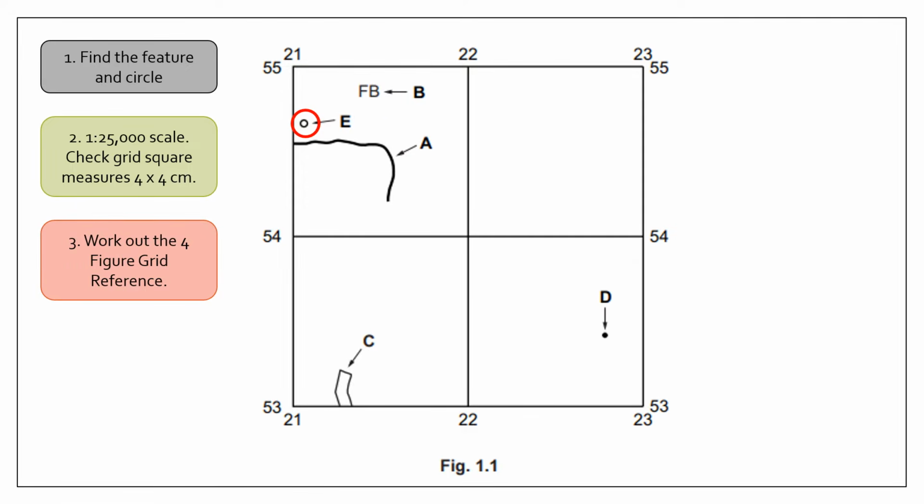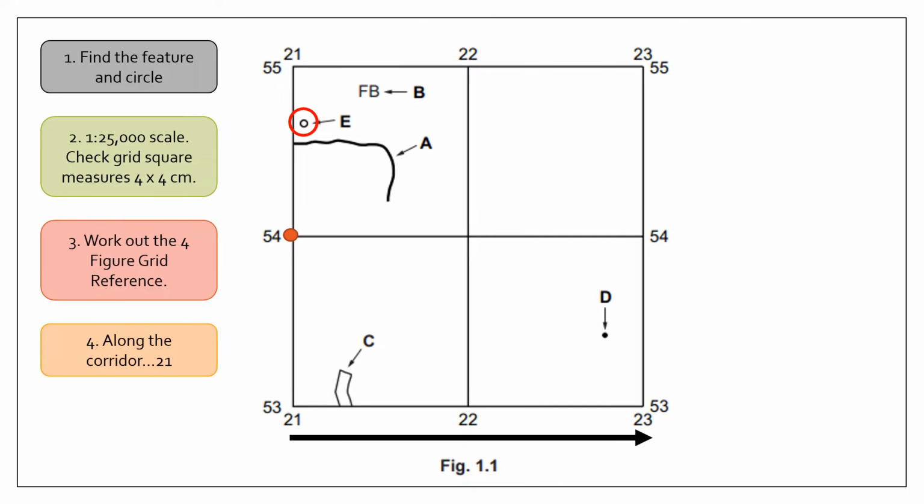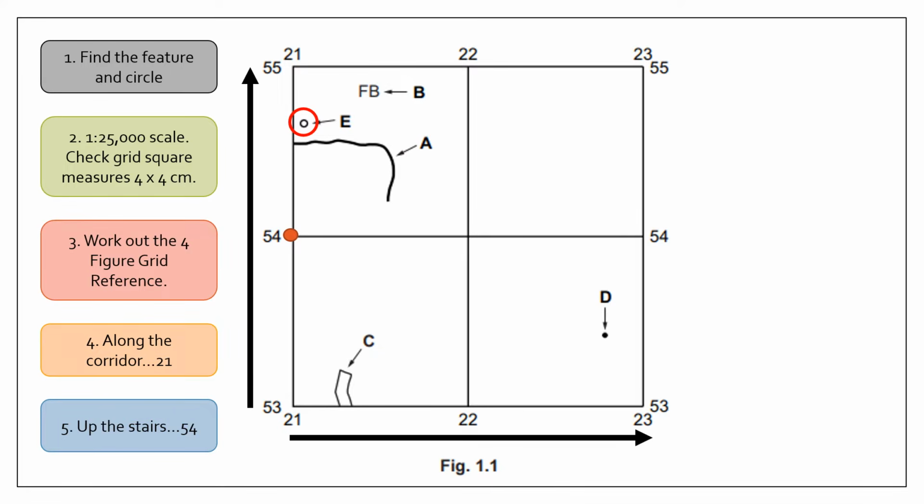We first of all work out the 4-figure grid reference. So in this case, we've got the bottom left-hand corner, and we know that if we go along the corridors, the number that's in line with the bottom left-hand corner is 21, and then we go up the stairs to the number that's aligned, so that is 54. We then leave a little gap for 21, space 54 space,